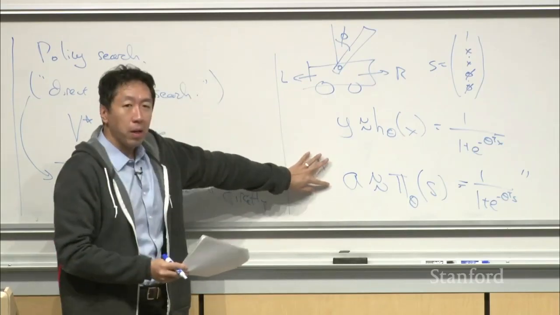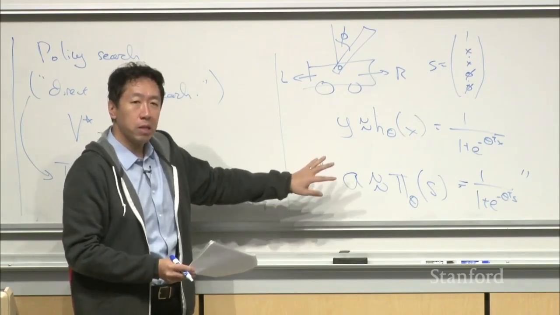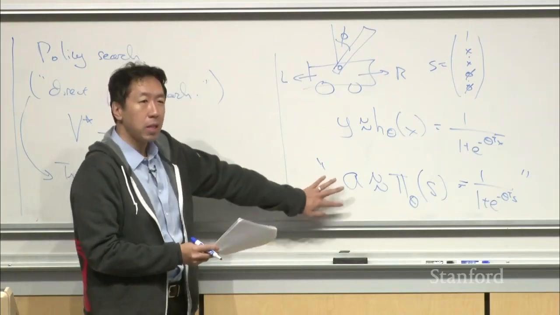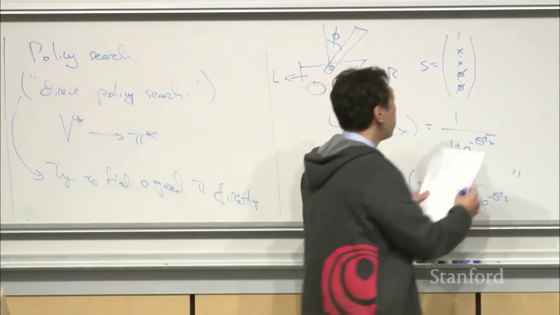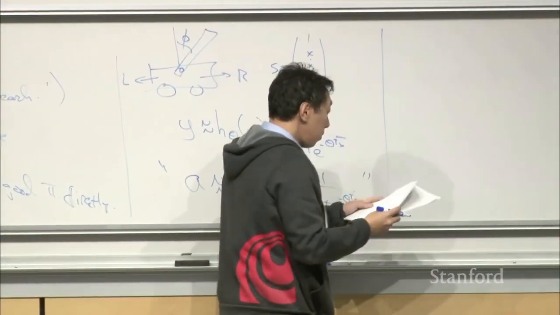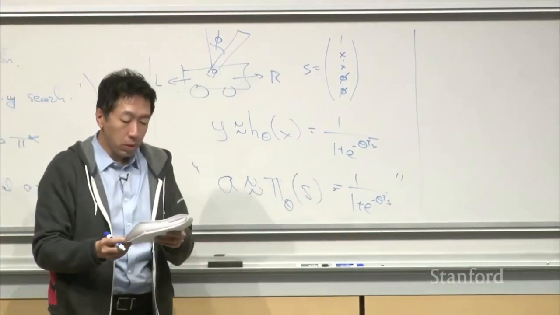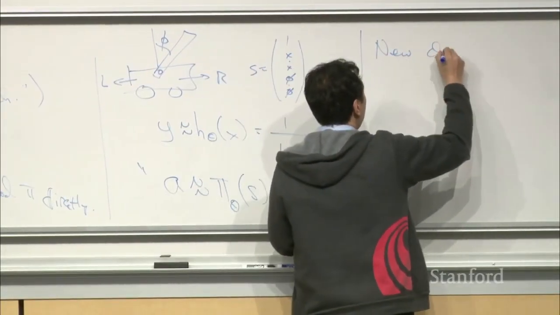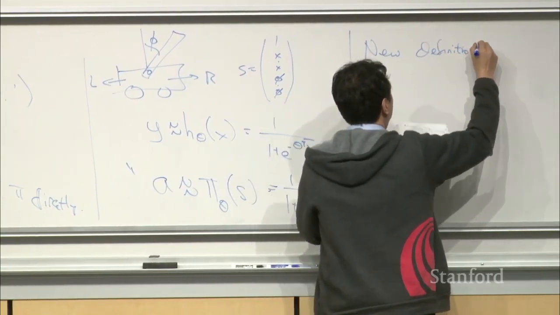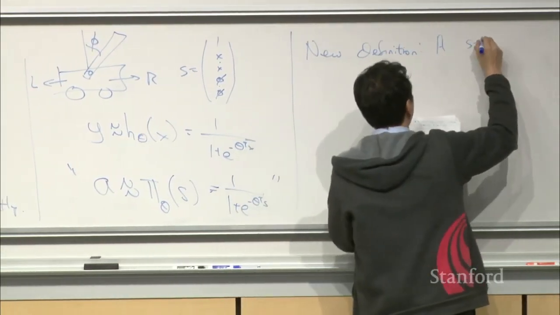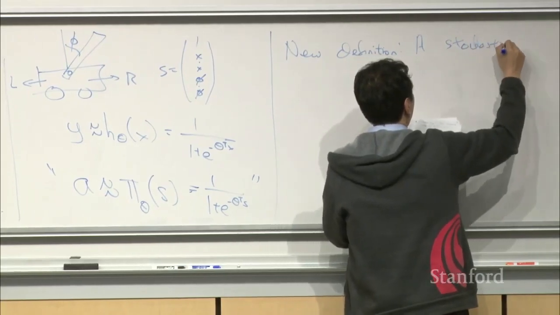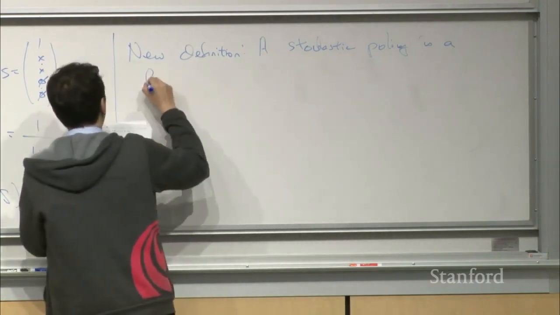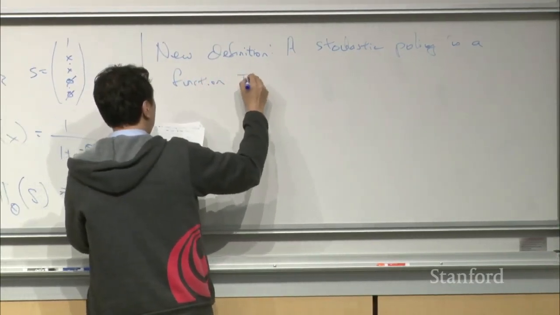This isn't really the form of the policy we'll write. So let me make one more definition, and then I'll show you a specific form of policy you can use. But it's actually not quite this. We'll need to tweak this a little bit. So the direct policy search algorithm we'll use a stochastic policy. So this is a new definition. So stochastic policy is a function,